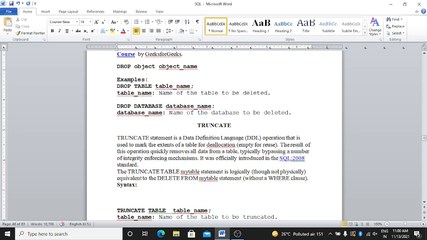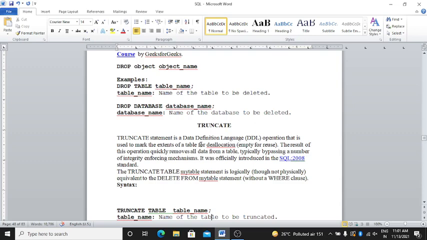The second command is truncate. The truncate statement is a data definition language operation that is used to mark the table for deallocation, empty for reuse. The result of this operation quickly removes all data from a table, typically bypassing a number of integrity enforcing mechanisms.